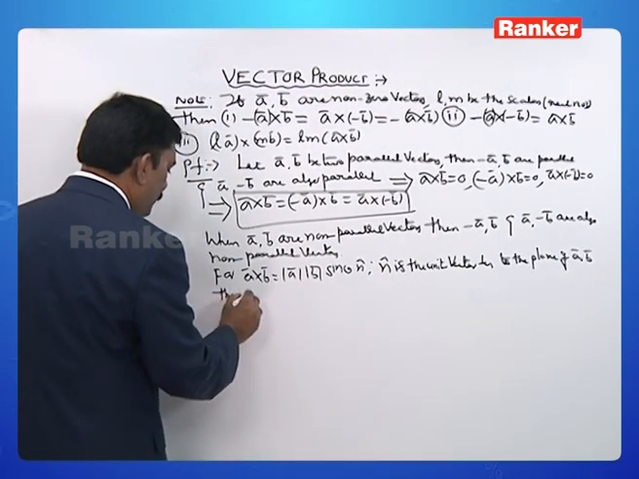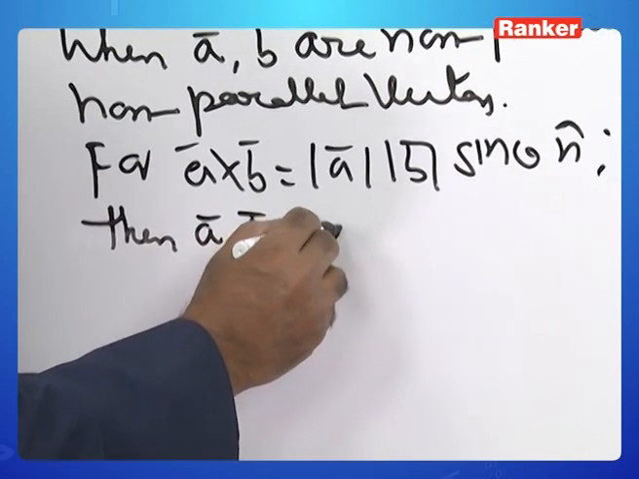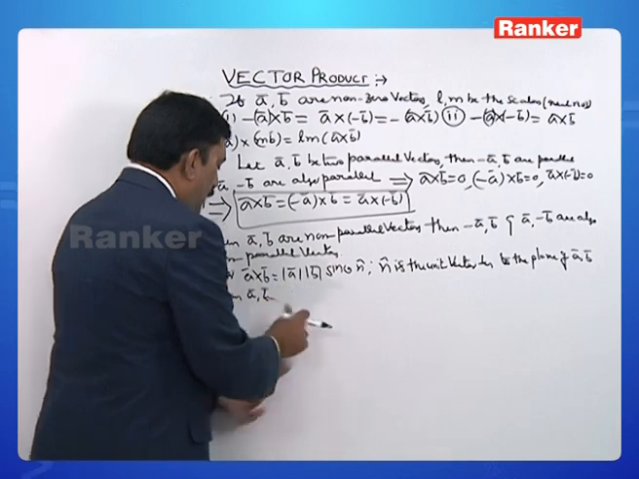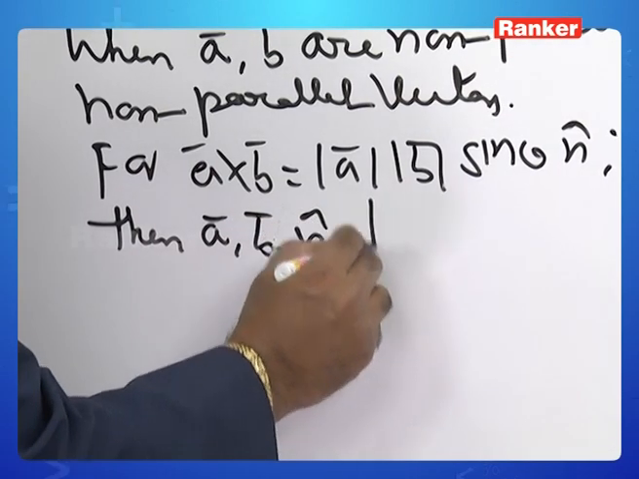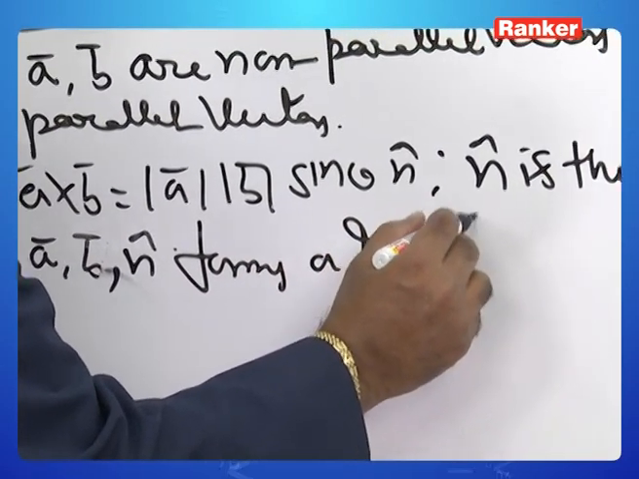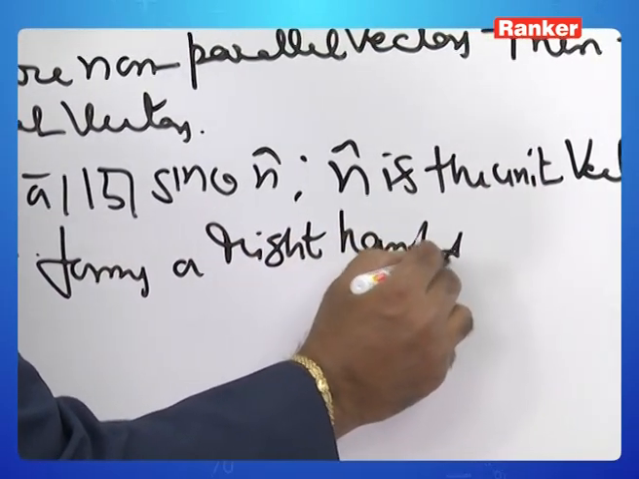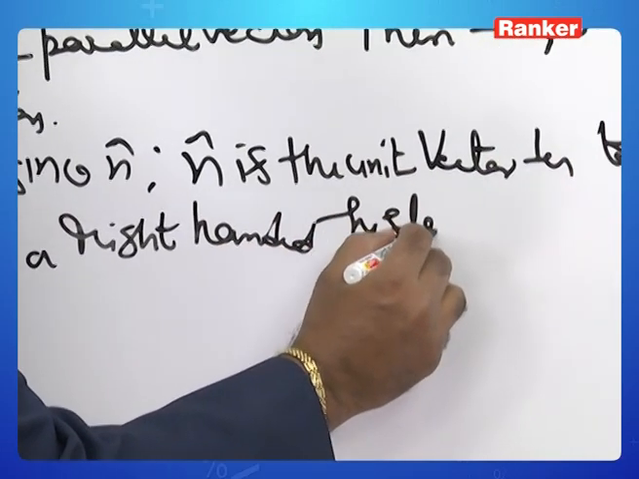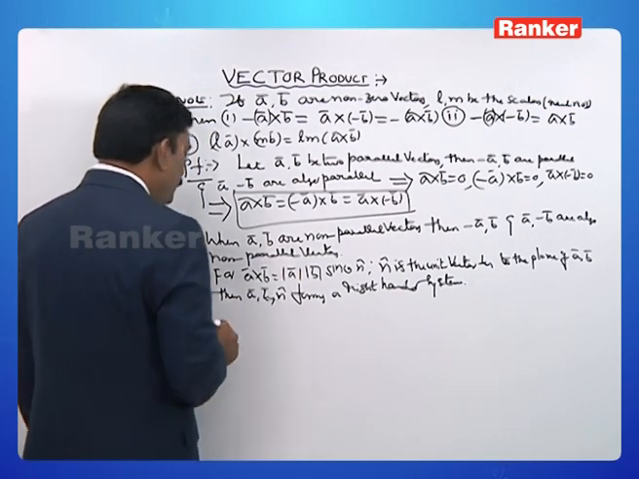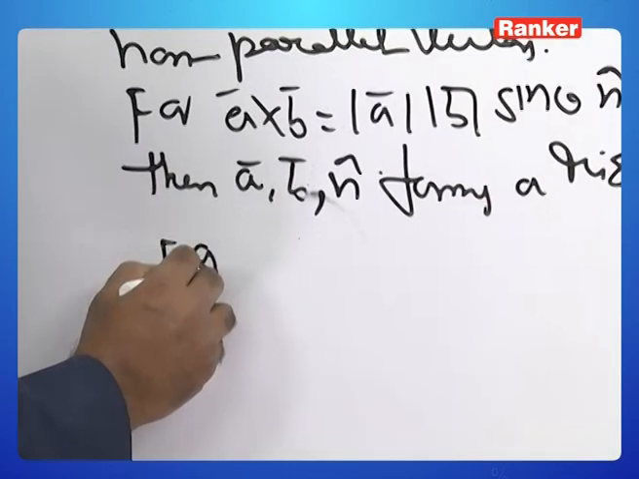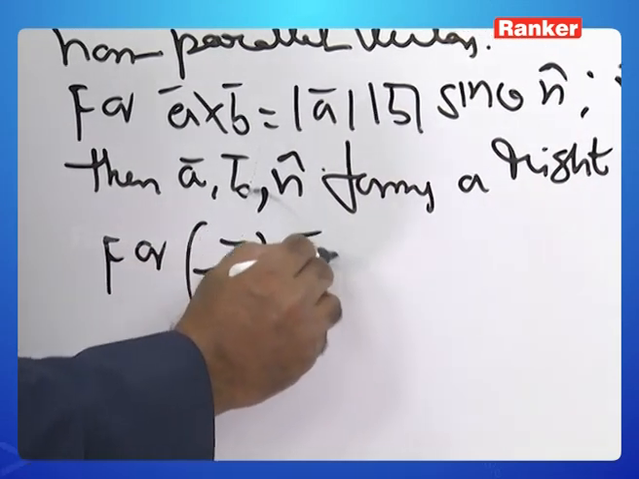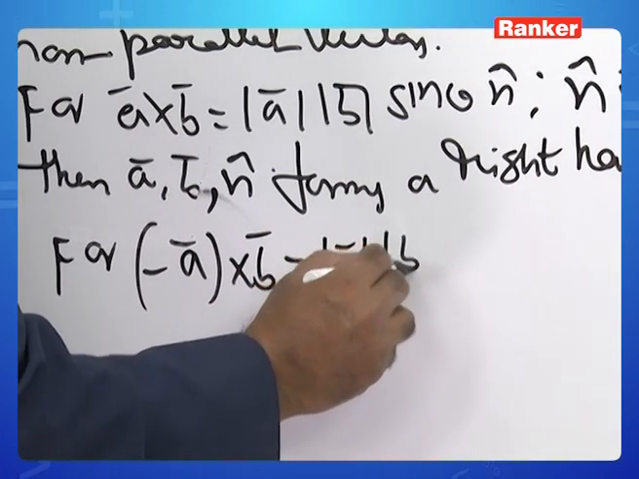Then A bar, B bar, n cap forms a right-handed system. Right-handed system. So therefore, now coming to minus A bar cross B bar, which is equal to mod A mod